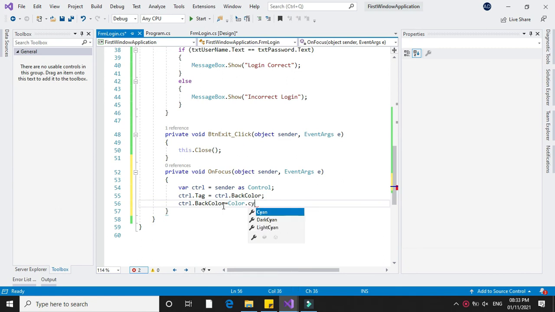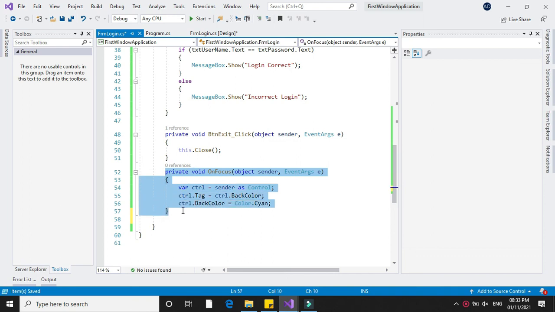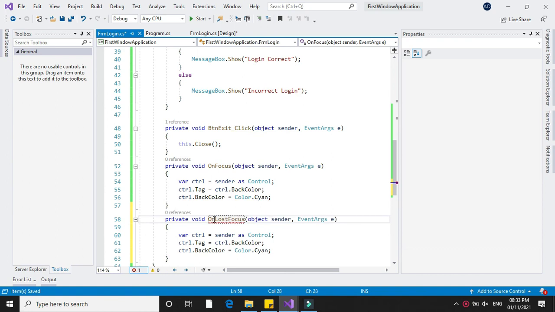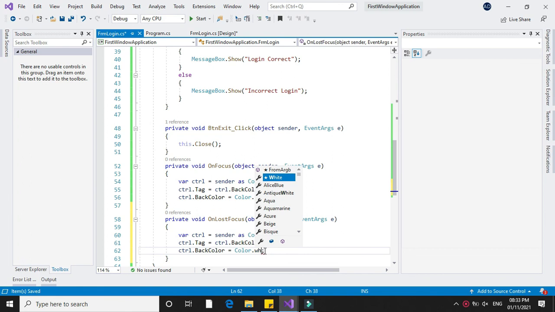You can set any color. And when you lose the focus, you have to set the color to white. So I will write another method on lost focus, and here I will set the background color to white.